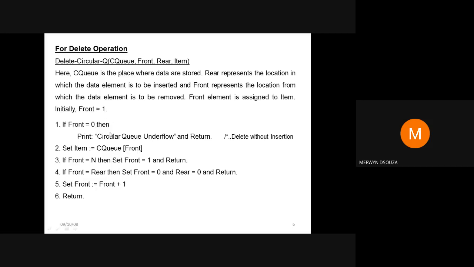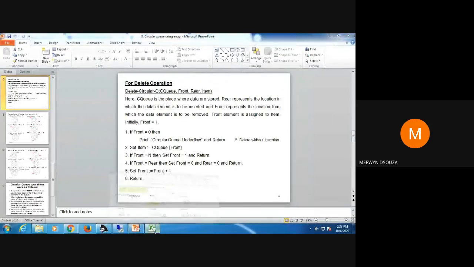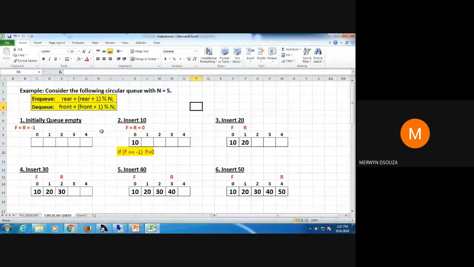I'll show you the operation of this NQ, how it works. If you want, you can draw simultaneously in your books how it is getting inserted, how you are going to NQ and how you are going to DQ.